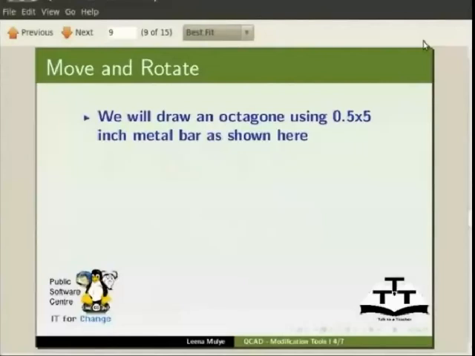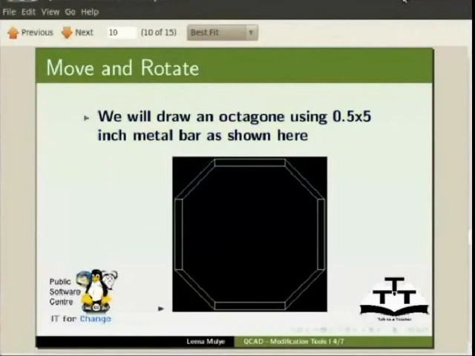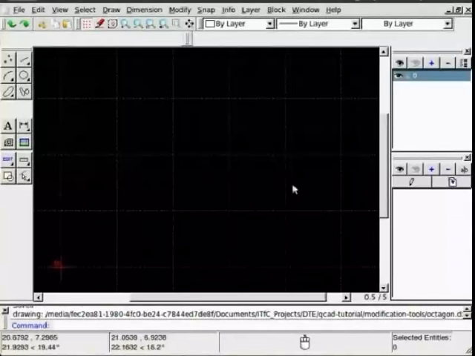We will now see how to use move and rotate tools. For this, we'll draw an octagon using 0.5 by 5 inch metal bar as shown in this figure. Let's go to application. To draw this octagon, first we'll draw first part, which is a rectangle of 0.5 by